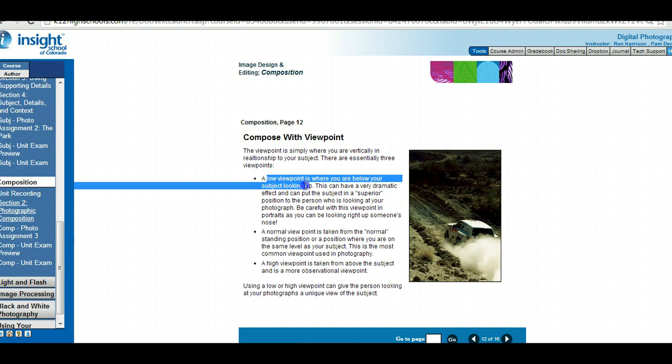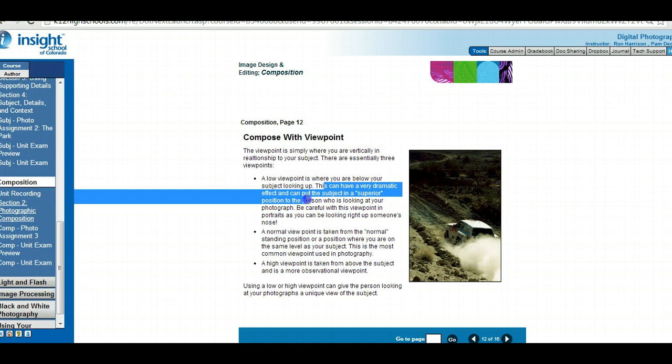So low viewpoint is where you're looking up at your subject. That can have a dramatic effect and put the subject in a superior position. Like if I was going to take a picture of my son dunking a basketball, I'd probably get down on my knee away from the basket a little bit, and then I'd be looking up at him dunking the basketball. That would be much more interesting picture than if I was just standing to the side taking pictures of him